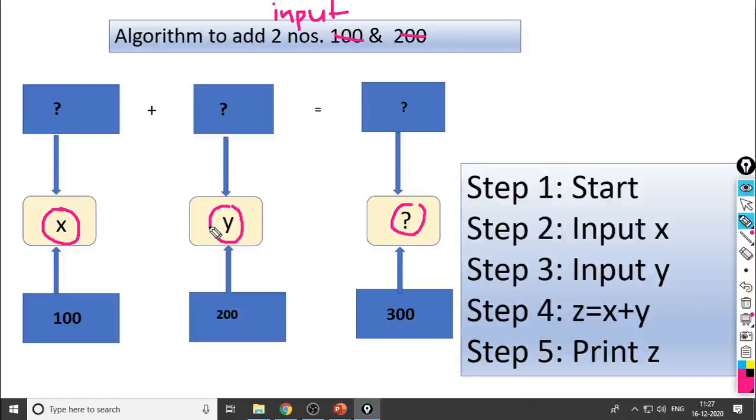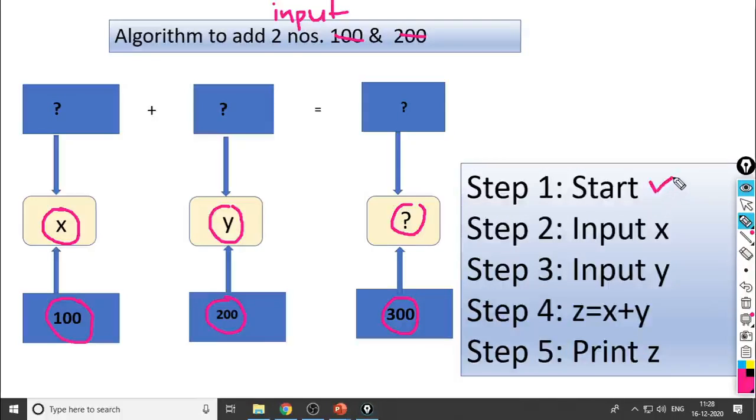Whatever values are inputted by the user, we can perform addition on these two numbers. If the user inputs 10, 20, it will add these two numbers. If the user enters 100, 200, it will add these two numbers. So these two are variables. Suppose the user enters 100 for x and 200 for y. What will it return here? Value 300.